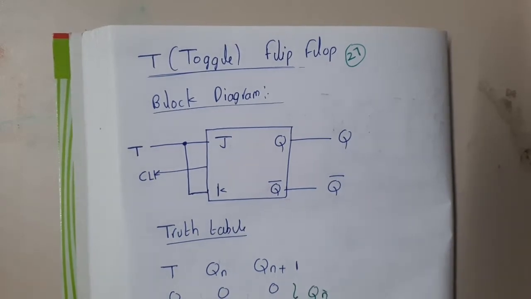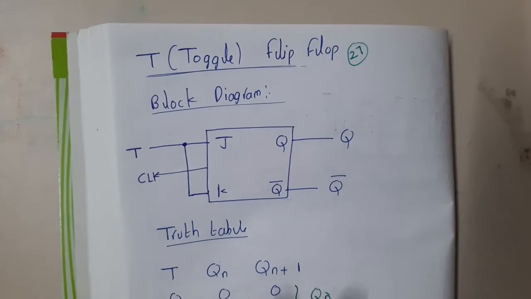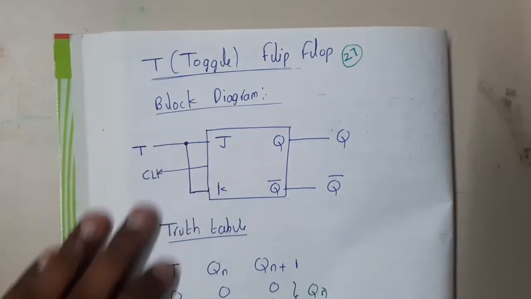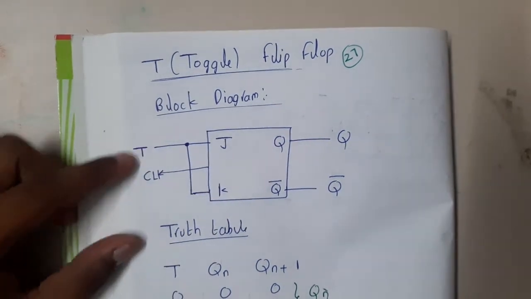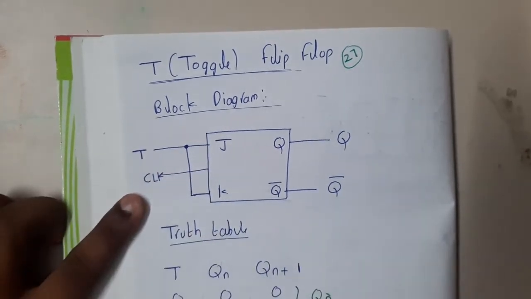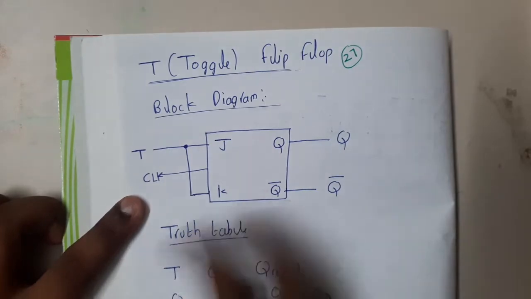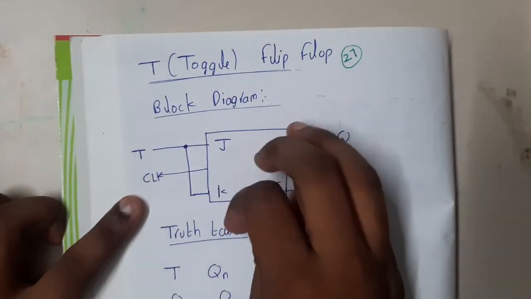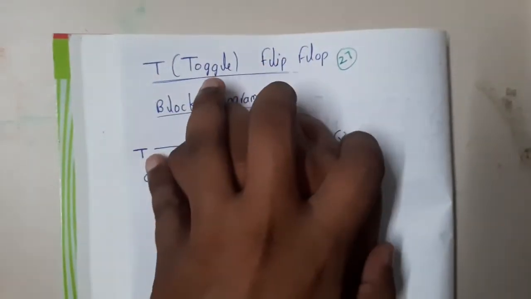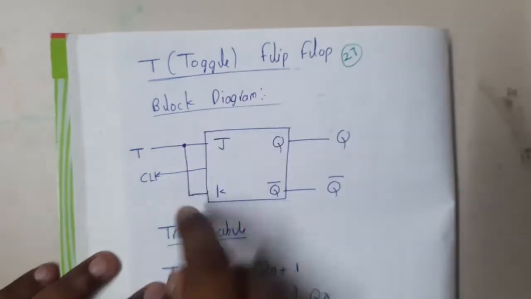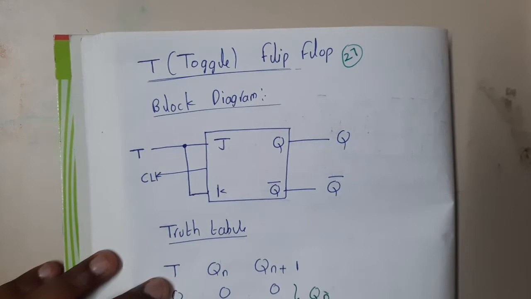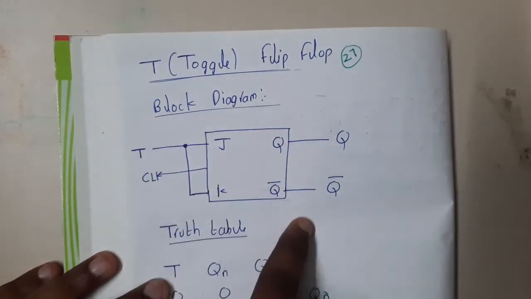In this lecture, let us go through the next flip-flop, that is a T flip-flop. T is nothing but a toggle flip-flop, guys. This T flip-flop has only one input, right? That's really interesting. It is a frame for JK flip-flop. It is not directly a flip-flop. It is nothing but JK flip-flop's friend. Internally it consists of JK, but it is covered with a T structure. T is nothing but the same input given for J and K. You got the idea now, right? So that is a T flip-flop.